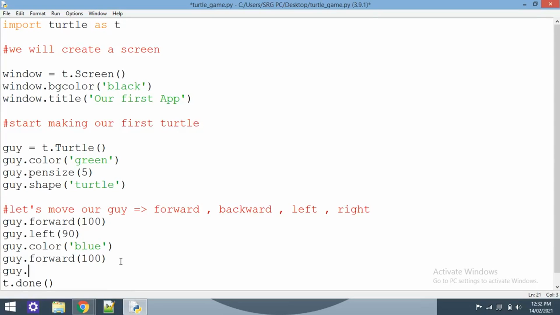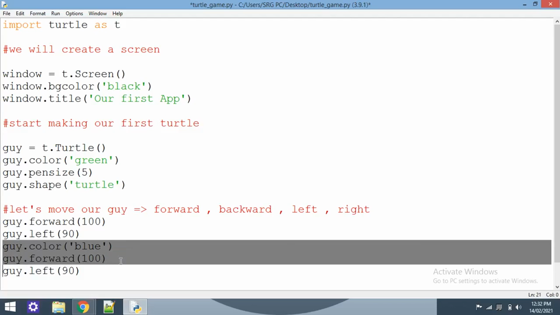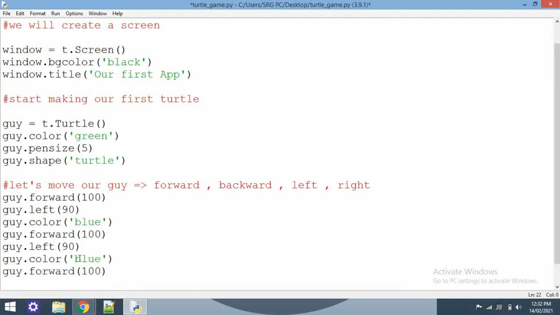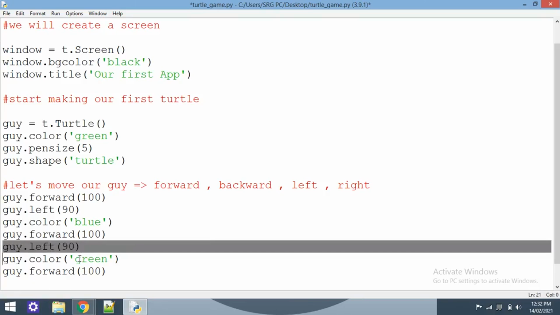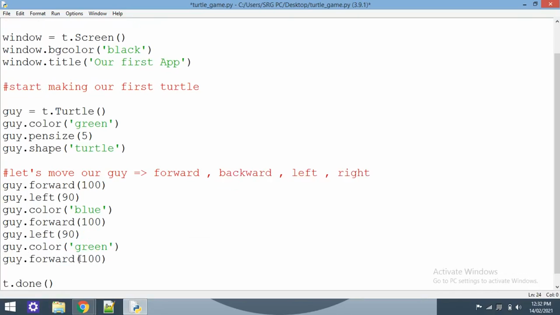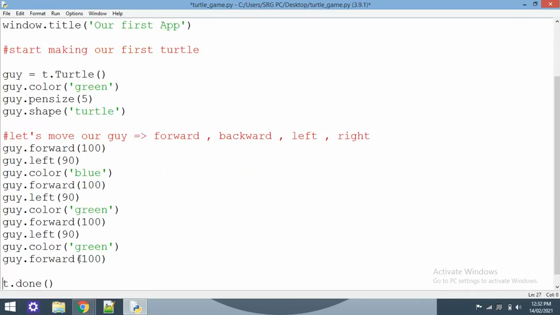Let's move left again 90 degrees, and let's change the color. Copy that, paste here, change color from blue to green. Then move forward, then again rotate it, and then move forward. Let's change its color from green to blue.